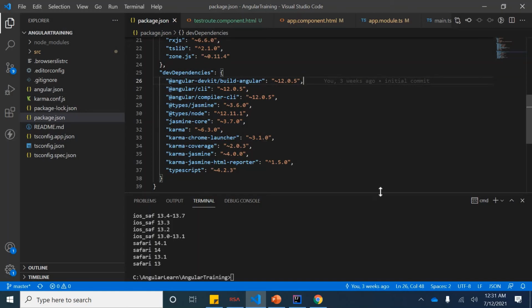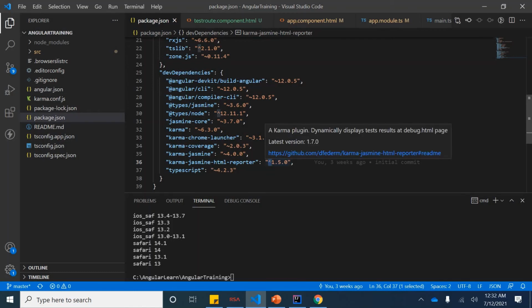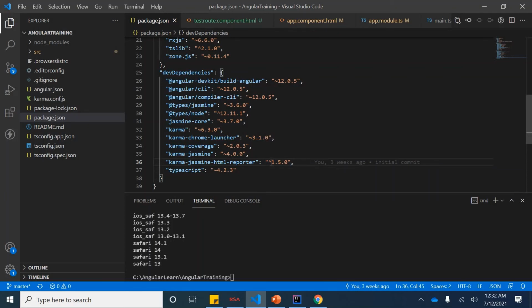Okay, if you can see, there is one more symbol called the caret, besides the tilde symbol. With the caret symbol, what will happen is it will take the minor part also. It will allow 1.6 as well, right? You can see the latest version of this one is 1.7.0. So you can use something which is greater than 1.5, 1.7 can be used, but 2.7 or 2.1 cannot be used. So the minor part can be higher. Okay, so this is the work of package.json.